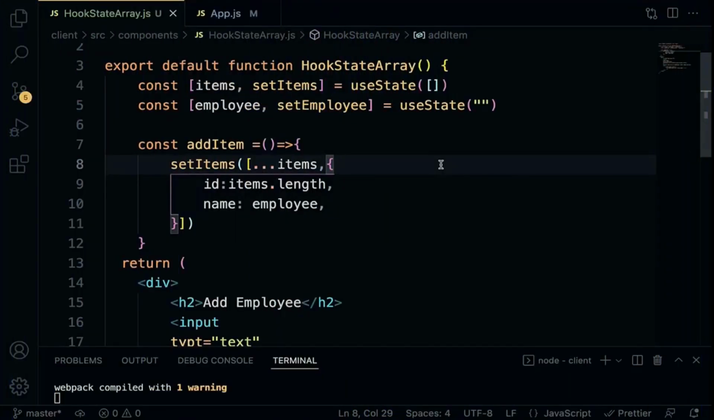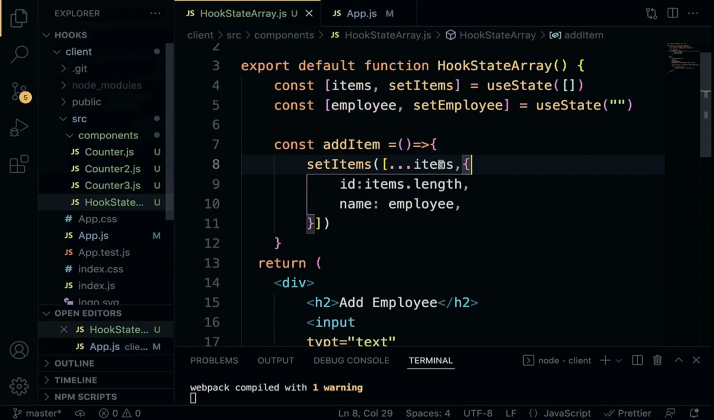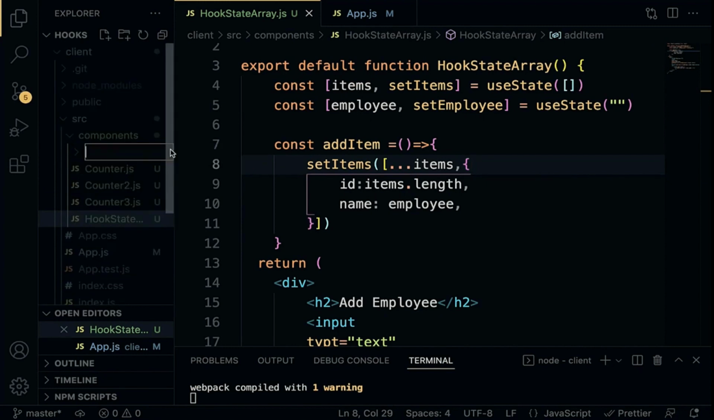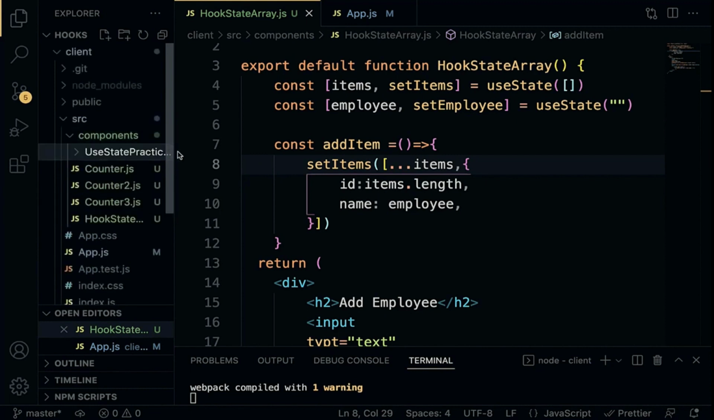Welcome back everyone. So in this lecture, we are going to organize the folder structure. Open up the Explorer. Right within the components directory, we are going to create a new directory called useStatePractice. So now we are going to copy all the files that are related to the useState hooks into the useStatePractice